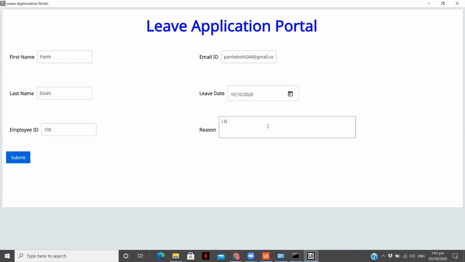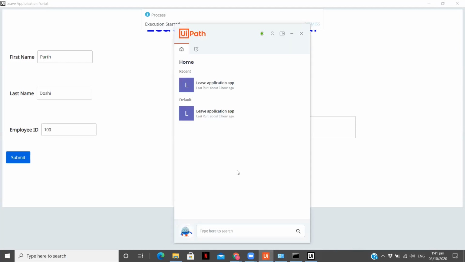Okay, I have a doctor's appointment. Okay, appointment. Let me click on submit. Now my assistant will run the application from here. See, running, waiting for execution to start, and we are successfully able to run our UiPath app